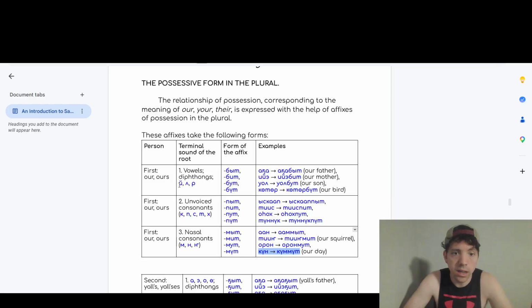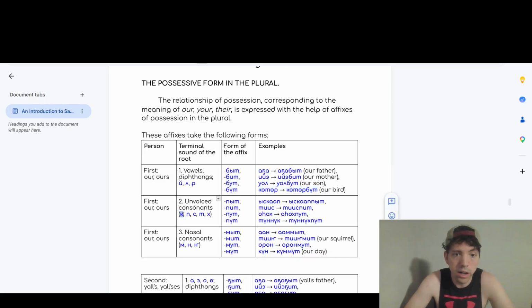If the noun that you're possessing, you're saying our whatever, you put the possession after in Sakha. And if that word ends in a vowel or l, then you put but, bit, but, or but, such as aga to agabut, iye to iyebit, wall to walbut, kutter to kutterbut. I didn't translate all of the words. Some of them I reckon you guys will remember from previous lessons. If there's any you don't know, because it would take too long to translate everything out loud, ask me or feel free to look it up on sakha.ru.